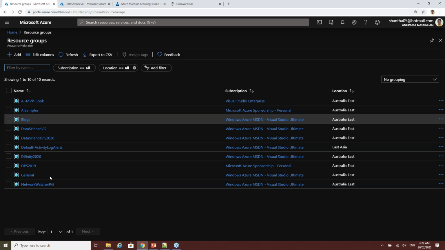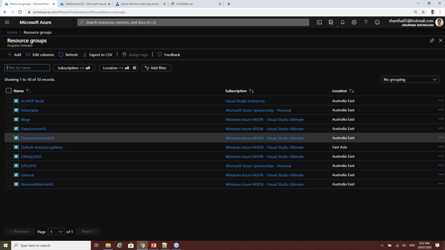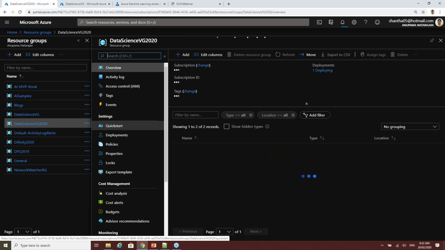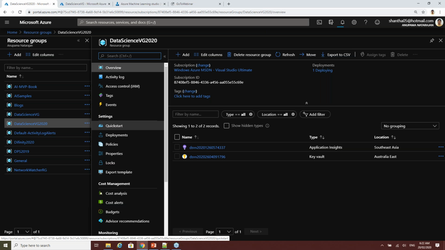It will still be running, but the consumption is based on whether you are actually creating the model during that time, so how much you are actually using it. And the next one is the output of that, which is a web service that you will be getting out of that model. And again, it's about how many requests you are making to that particular web service. Okay. Thank you.